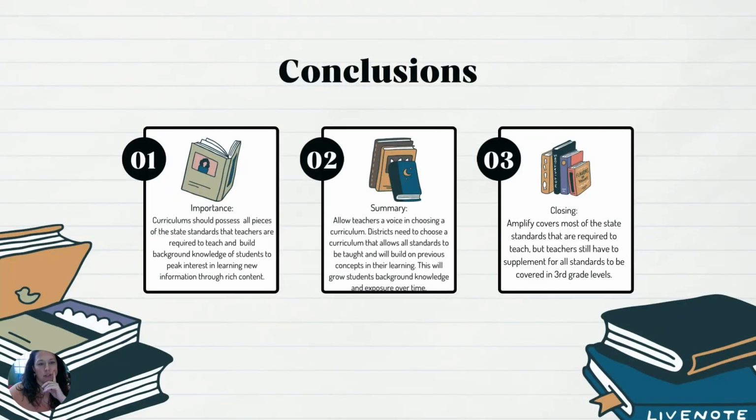Okay. The conclusions, the importance of this is that the curriculum should possess all pieces of state standard, especially if teachers are required to use it. And also in our curriculum, we need to pique interest of kids through rich content. And then summary, allow teachers a voice in choosing the curriculum. Districts need to choose curriculum that allows all standards to be taught. In my case, that's going to build on that background knowledge that a lot of my students need, but they don't come to school already having, and which over time is going to help them be